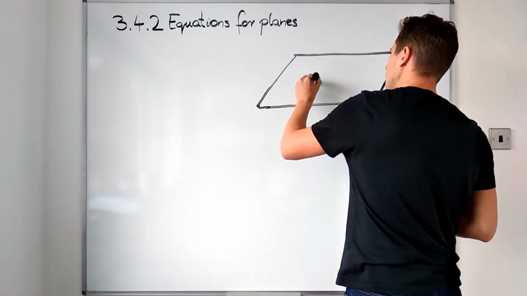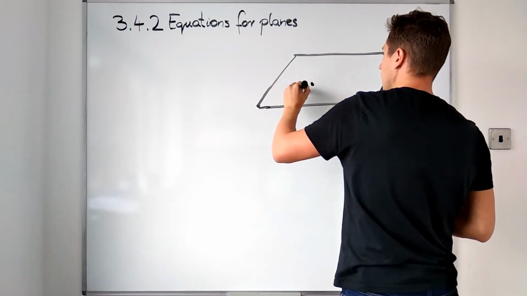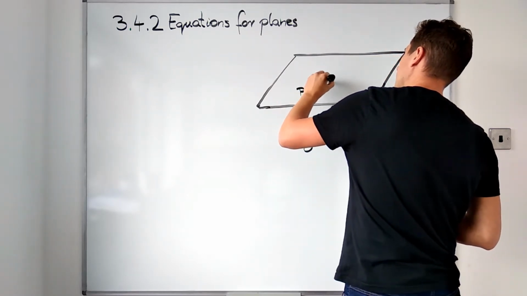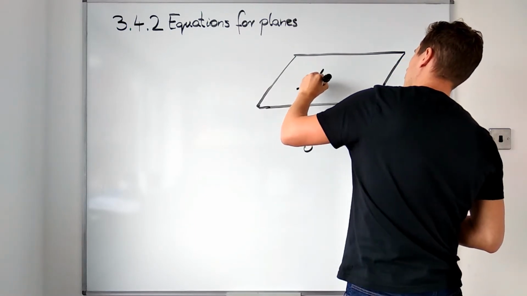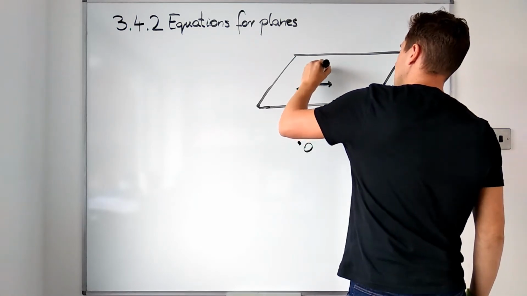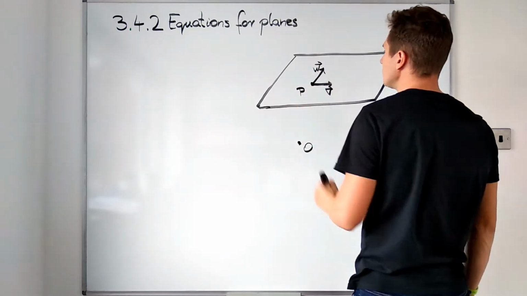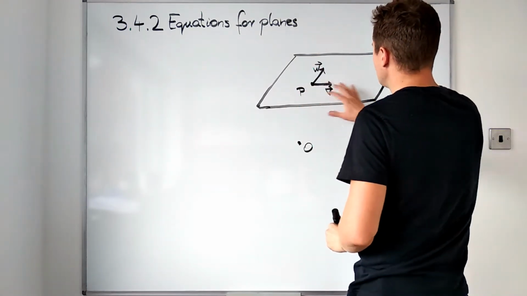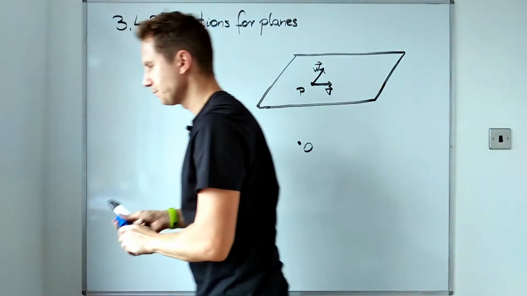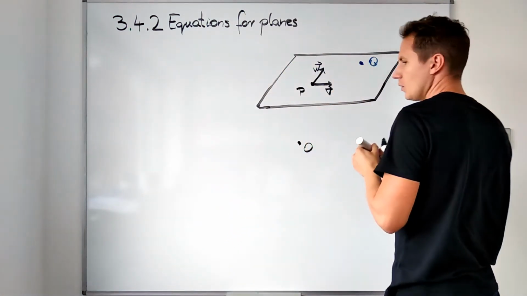Well, for example, if we would have a point in that plane that we would know, let's call this one P, and two vectors in that plane. So both of these vectors sit in that plane. Let's call these V and W. So if these vectors sit in the plane, we can express all points in the plane. So for example, a point Q here, an arbitrary point, we could express it